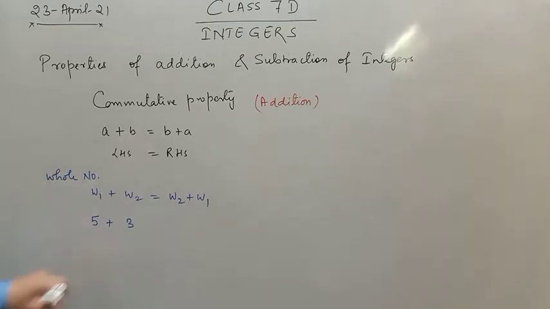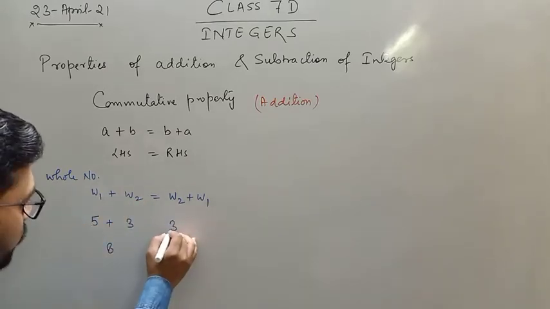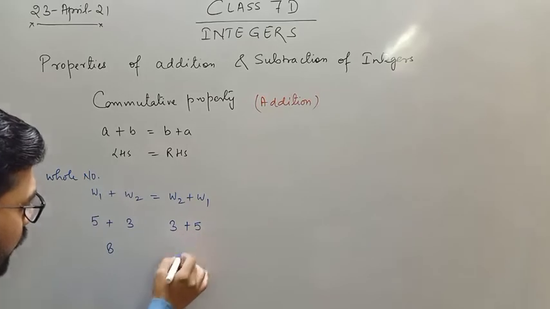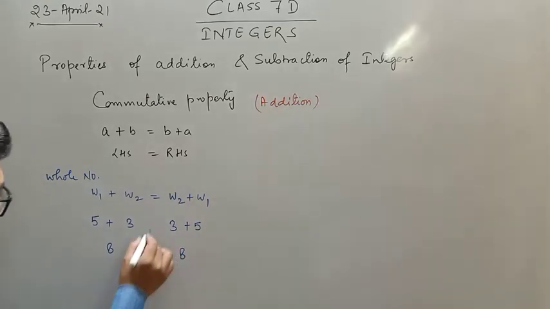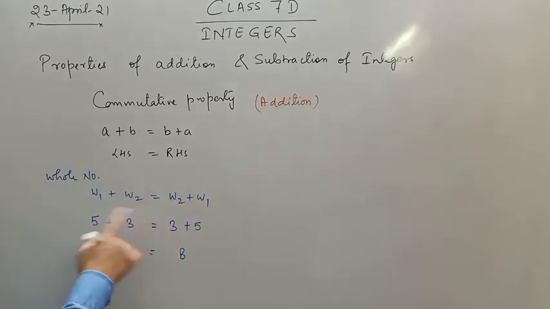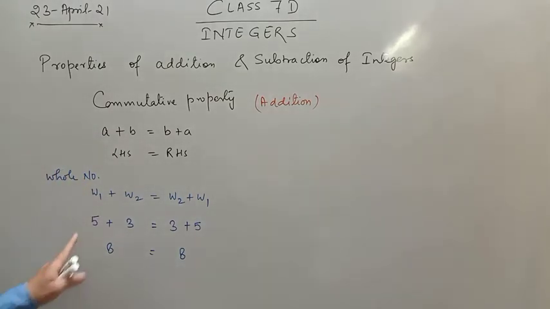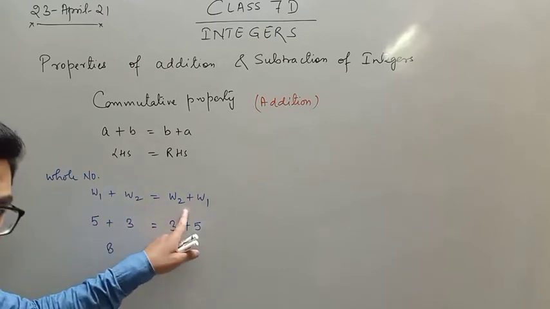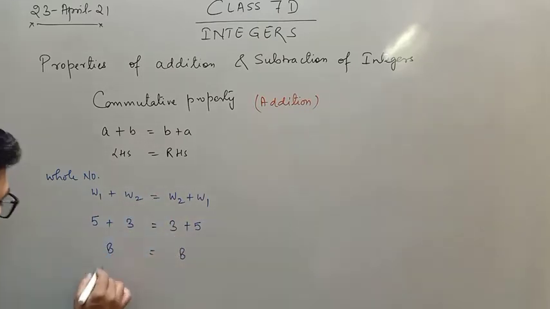So 5 plus 3 is equals to 8. Now if I interchange the position, like if I write 3 first then 5, again I'll get the answer 8. That means result doesn't depend on the position of the whole numbers, right? So if you get the same result even after interchanging the positions, that means LHS equals to RHS,